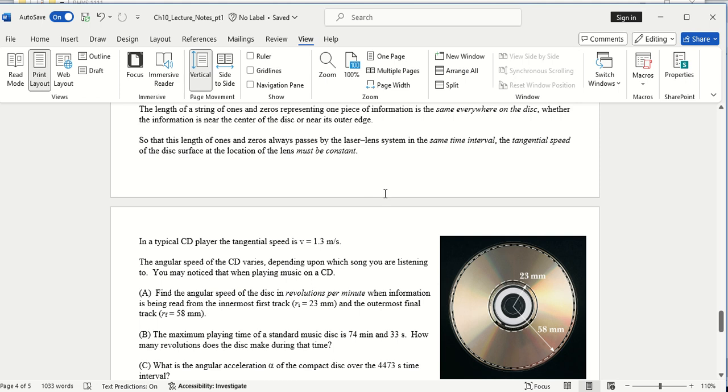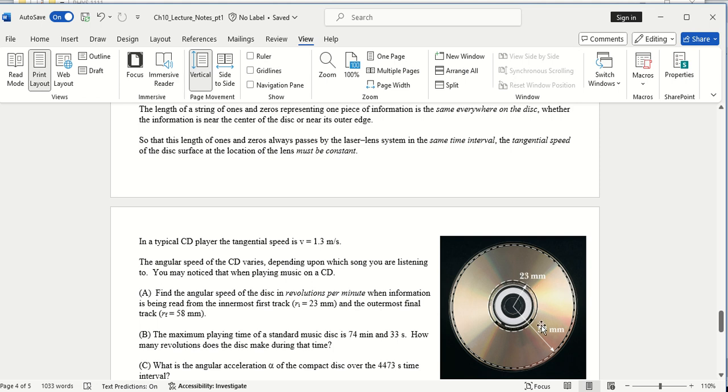But for a CD player to work properly, no matter where the song is stored, whether it's the inner track, at 23 millimeters from the rotation axis, or the outer track at 58 millimeters from the rotation axis, that information